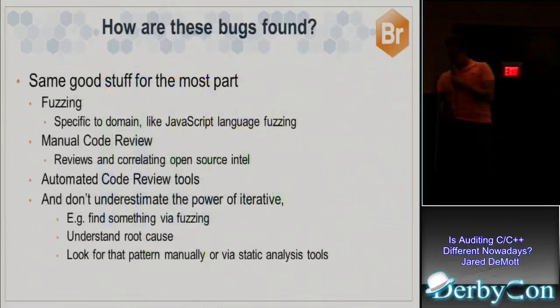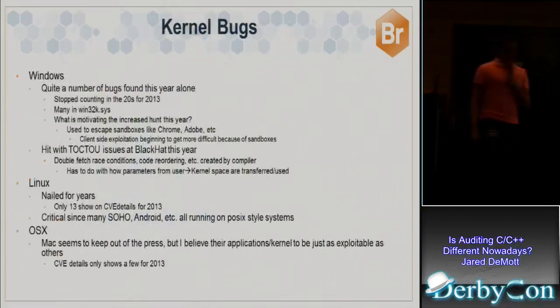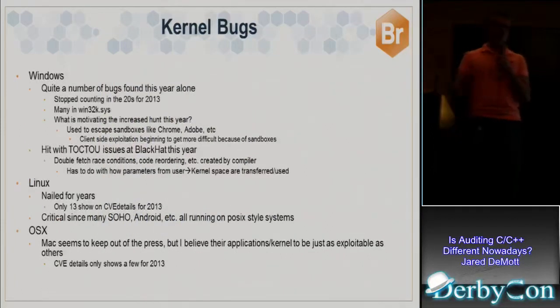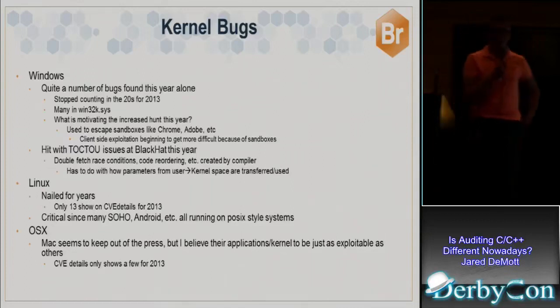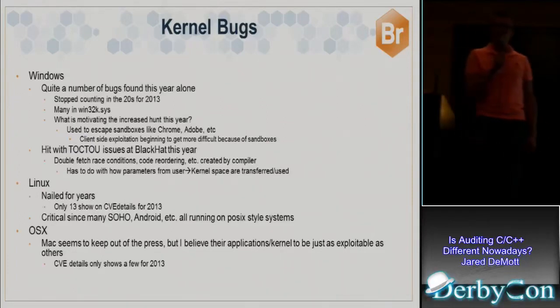Whoops, went the wrong way. Okay, so first I'll mention kernel bugs, but basically I'm not going to show examples of them. I'm going to show examples of more of the browser bugs. The bug I wanted to highlight that seemed to be big to me this year anyway, at Black Hat USA 2013, was the time of check, time of use. There was a good talk there by some Google researchers that talked a lot about the so-called double fetch, which is a form of time of check, time of use.